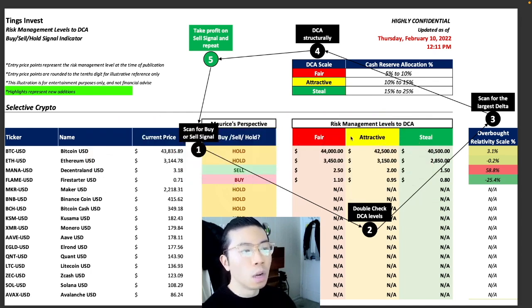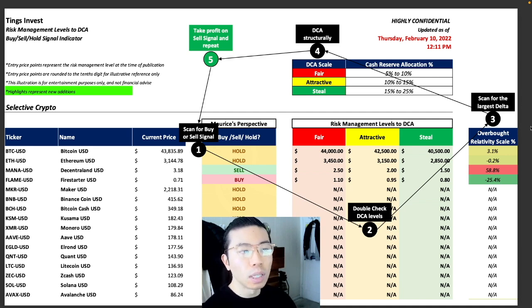You refer to the risk management level to dollar cost average at. You double check the DCA levels that I identify here for fair, attractive, and steal. It's a double sanity check that you want to see for yourself. Where are we at right now? Are we in the steal level? And then to be extra cautious,